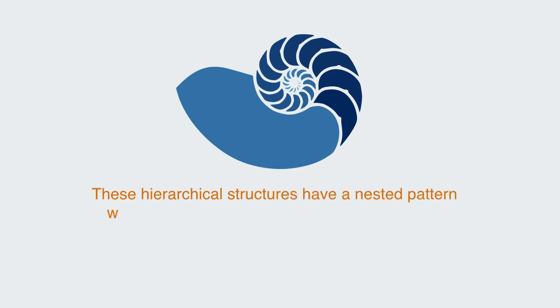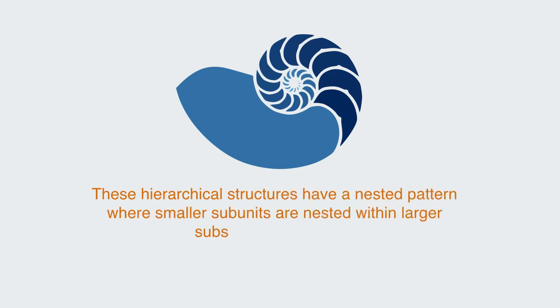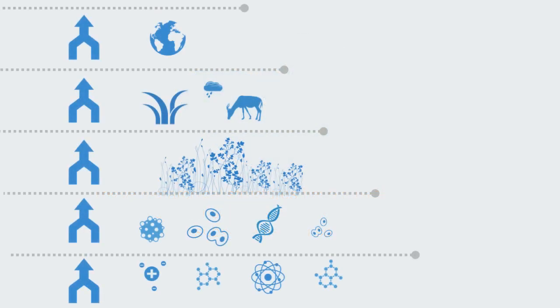These hierarchical structures have a nested pattern where smaller subunits are nested within larger subsystems and so on. Emergence gives ecosystems a distinctive, omnipresent hierarchical structure, and this scale hierarchy is a primary organizational principle. From biological cell to individual to community to ecosystem to the biosphere, the study of ecosystems can cover 10 orders of magnitude, from microbes to the surface layer of rocks to the surface of the whole